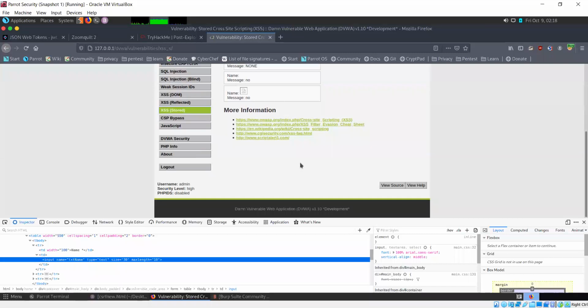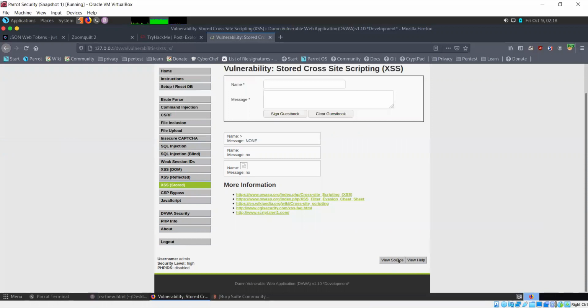Got it. So they've implemented a check, they've implemented validation in case the word script occurs somewhere in your input, but if that is not the case, there is no validation present for other payloads, which can then be easily executed.